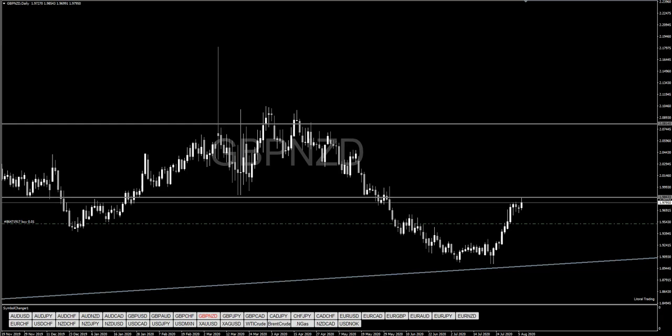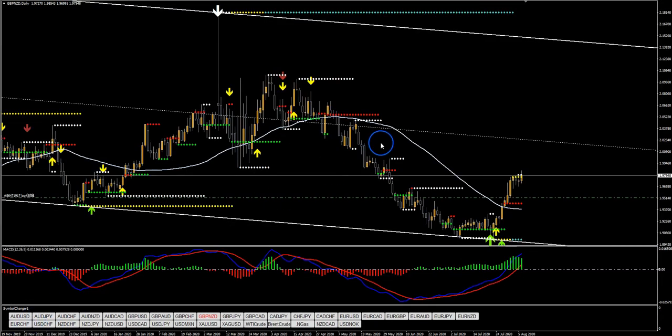I actually got out, re-entered on my small account. I stayed in on my larger account from the very beginning, which was right in this section here. Basically, we might be in this thing for a little bit until I find a reason to get out. I'm staying in. But let's take a look at it on my triple arrow system so we can see exactly